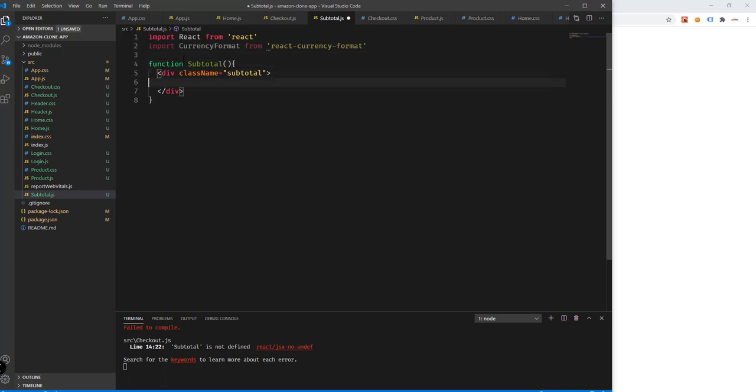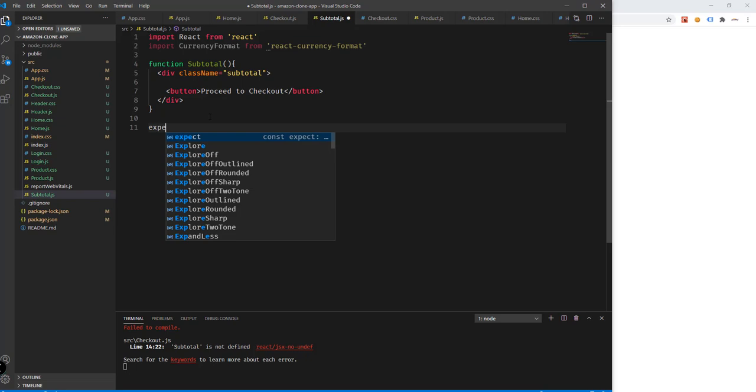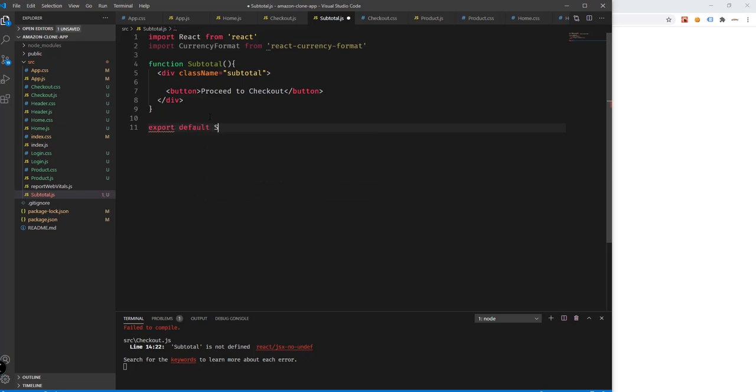Okay, so subtotal, and then we can add a button right here first. So proceed to checkout. Okay, and right here we can add the currency format, but we'll just leave it for now. And we need to export this. Export default subtotal. Okay, save,